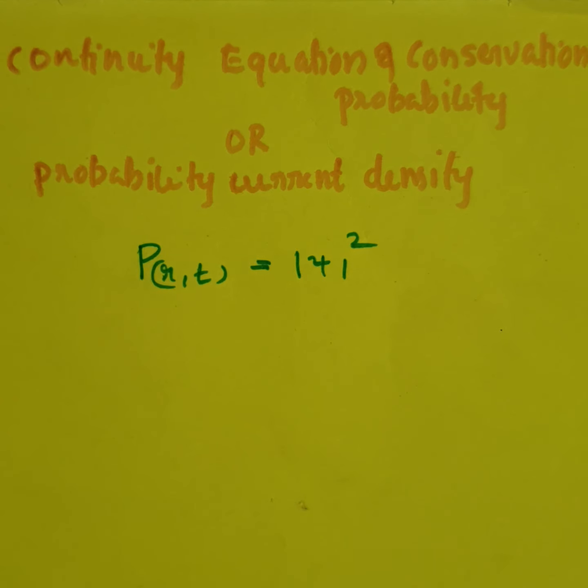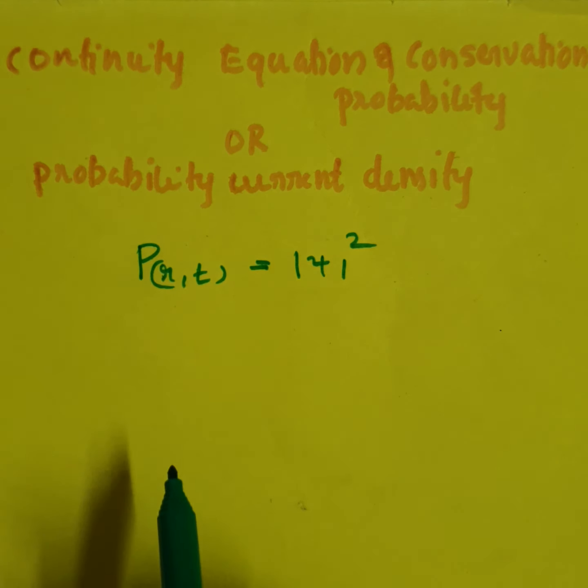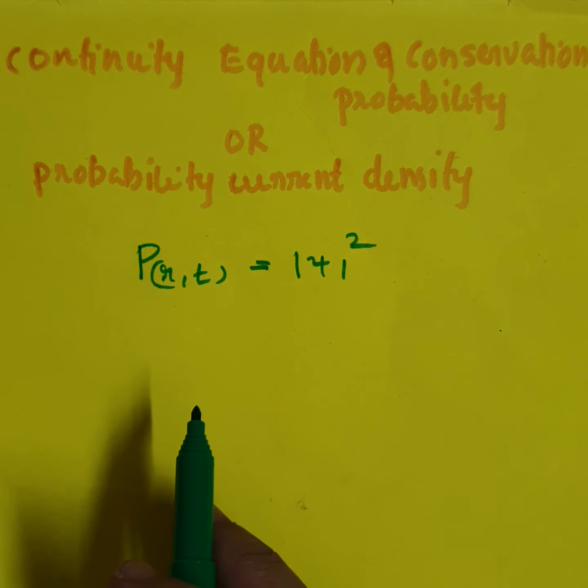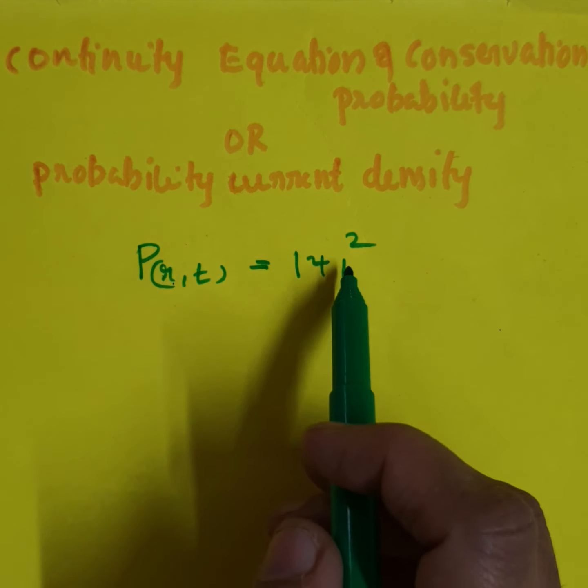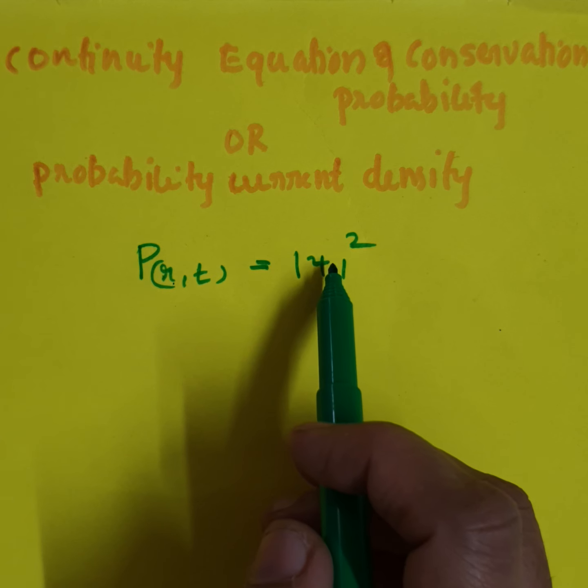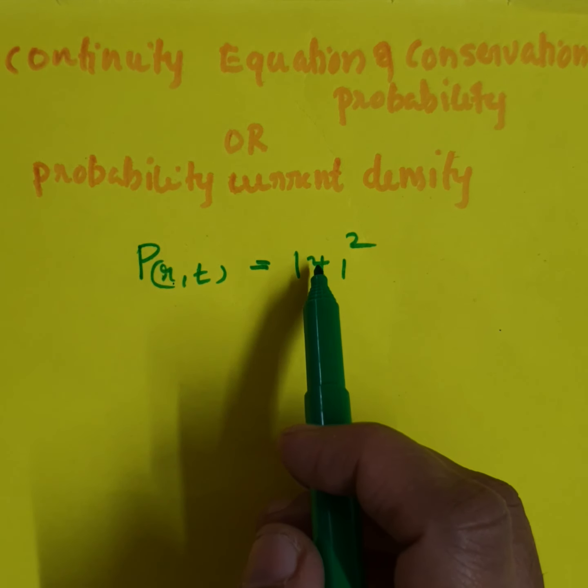Continuity equation and conservation of probability, or the probability current density. The wave function psi can be represented as the probability of finding the particle at a particular point r in space at a particular time, or this probability density rho can be written as psi squared. So the conservation of probability says